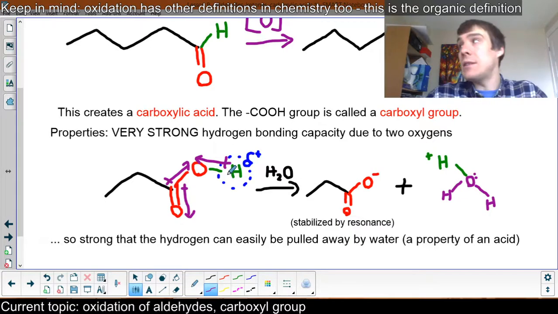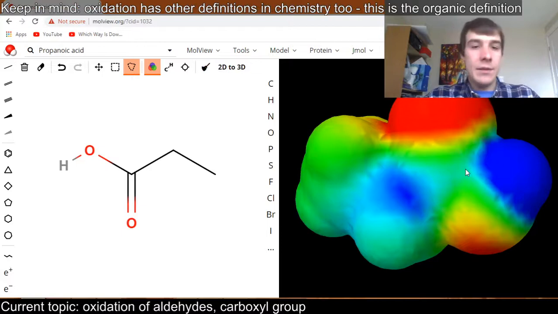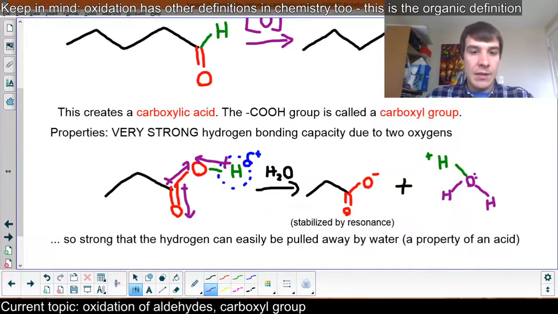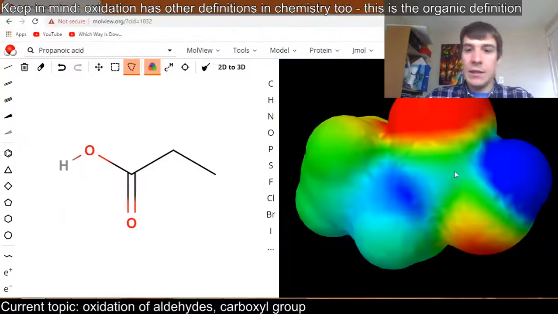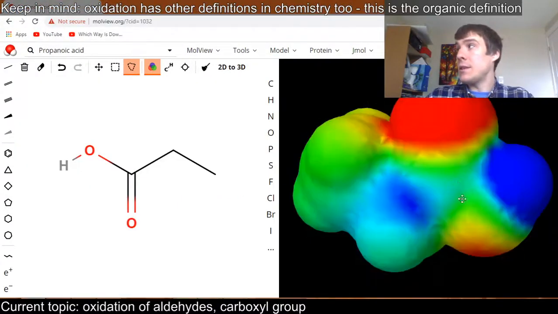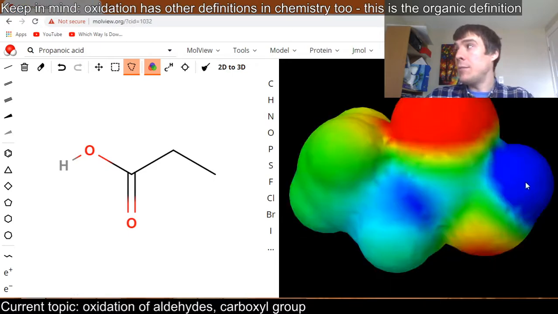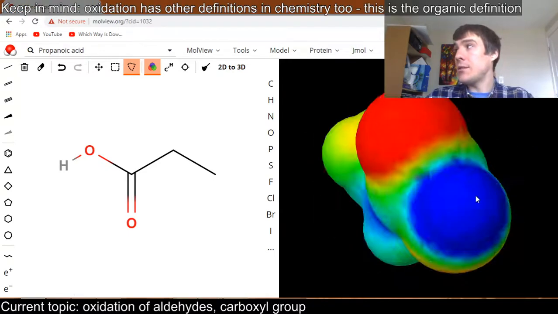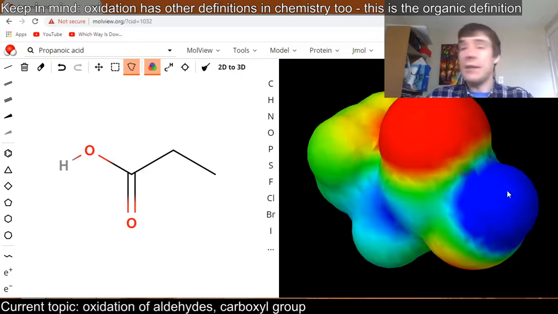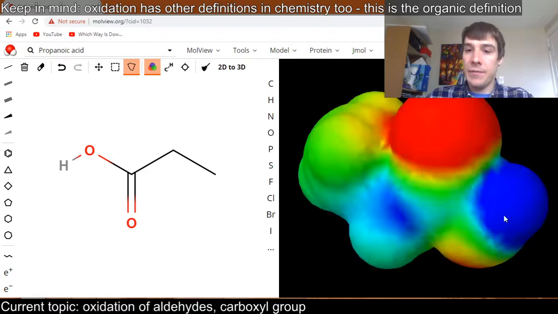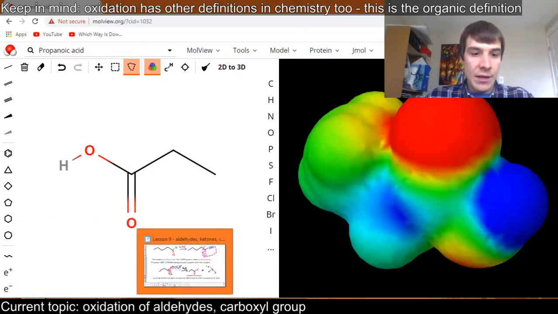I'm actually going to make this in mole view and show you guys the electron cloud. Here's that same molecule in mole view. 3 carbons and then the carboxyl group. Here's the 2 oxygens. You see the 2 oxygens there and there. And look at how blue that hydrogen is. It's just this really strong area of delta positive charge. It is in fact so strong that